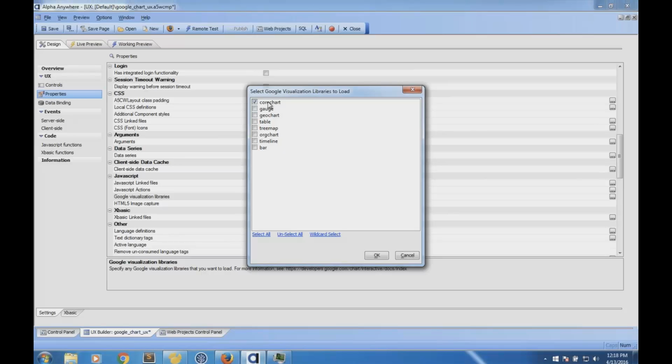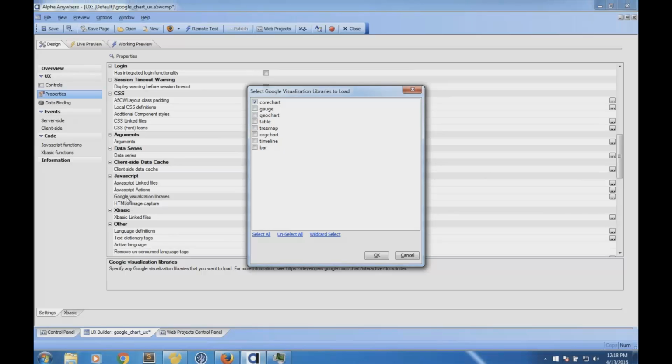And that's important from a performance standpoint. You don't want to download things to the browser that you really don't have to, so you only want to select the libraries to include. So now, by doing those two steps at the project level, including what's called the JS API library, and here